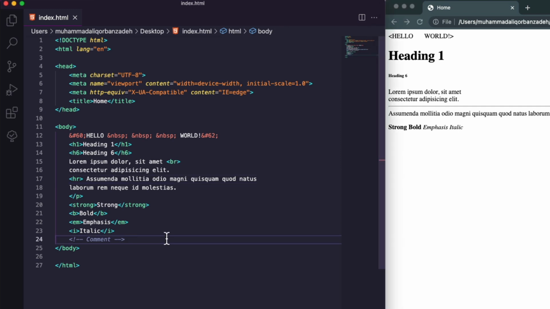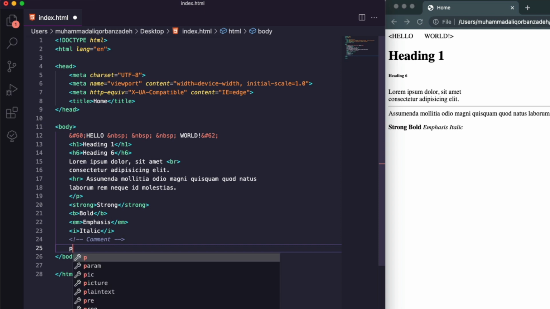So let's see. P tag is one of the block elements. So P,